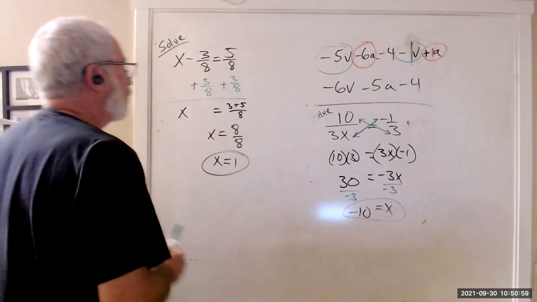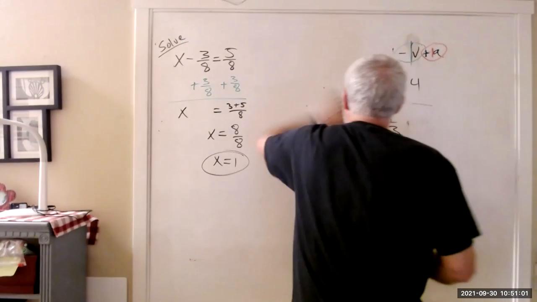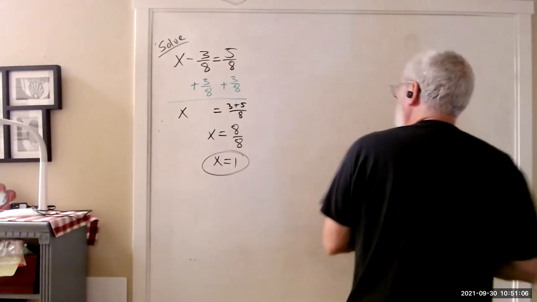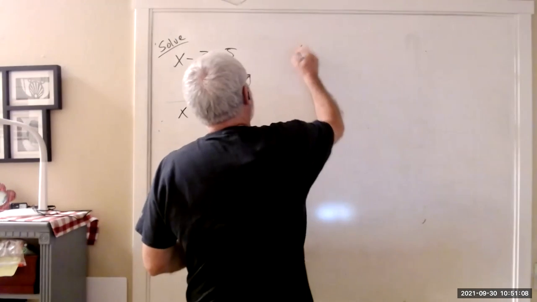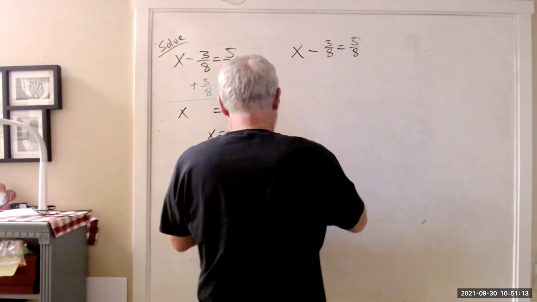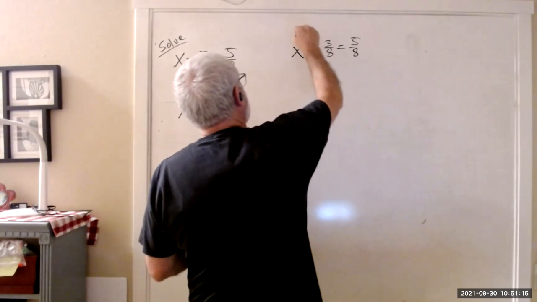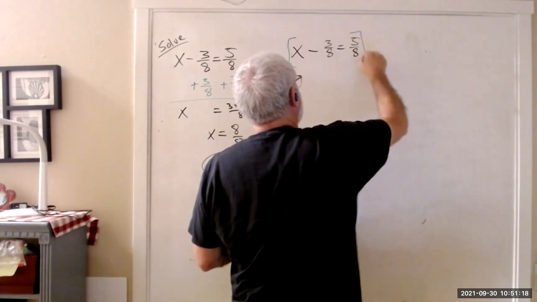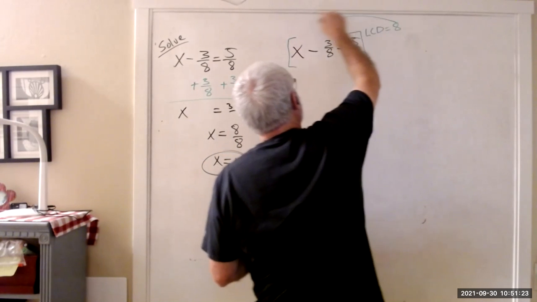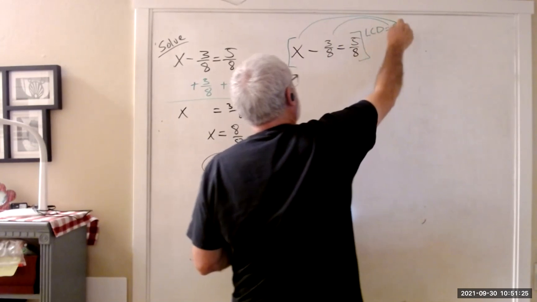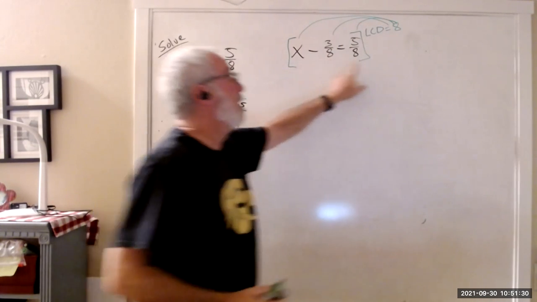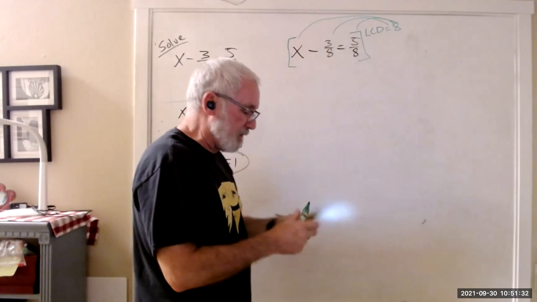Okay. There's an alternate way this could have been done. So if we took the same problem, x minus 3/8 equals 5/8. And last night we talked about something called the LCD. If we multiplied everybody by 8, so we distribute the 8 here, 8 here, 8 here. So 8 is the common denominator. If we multiply everybody by 8,